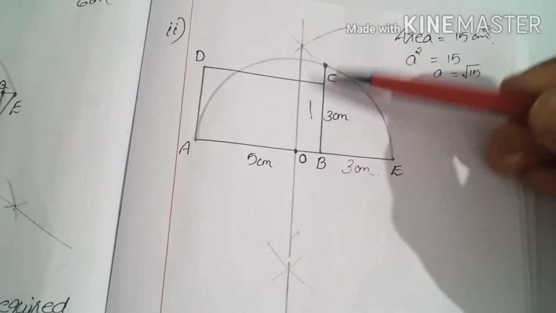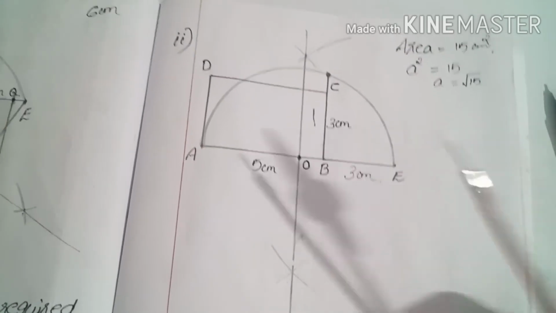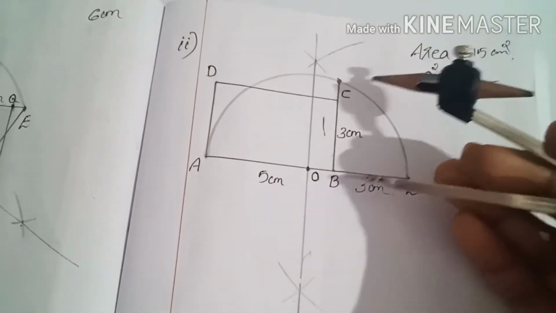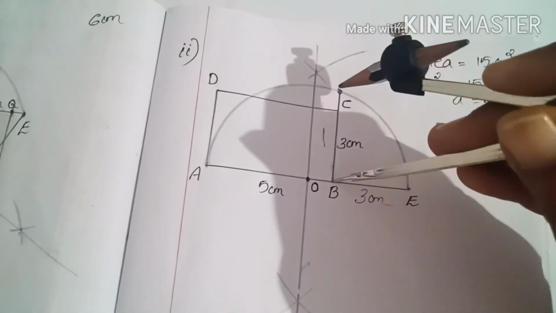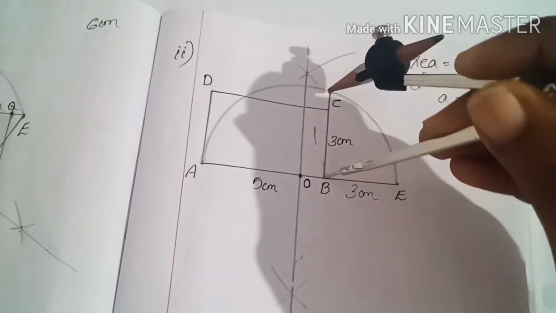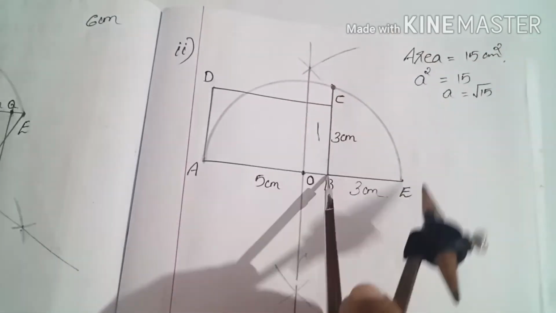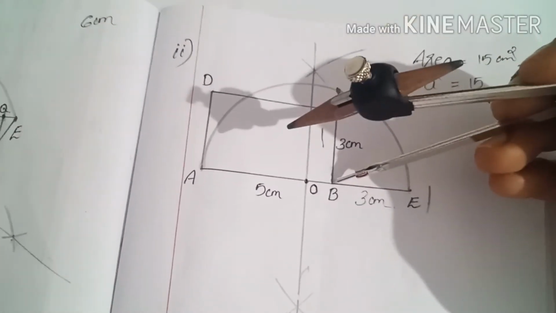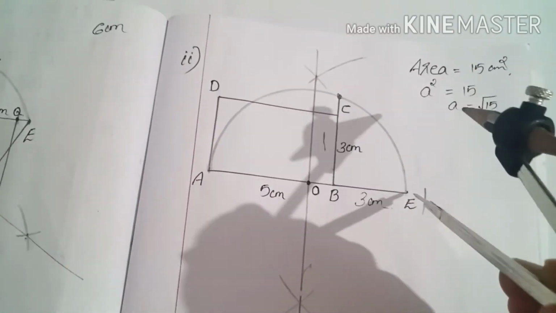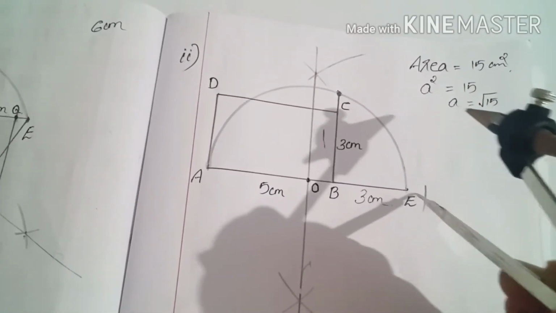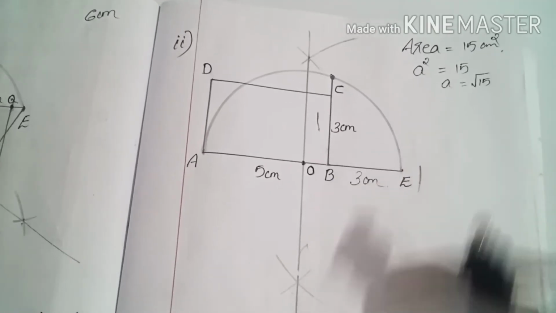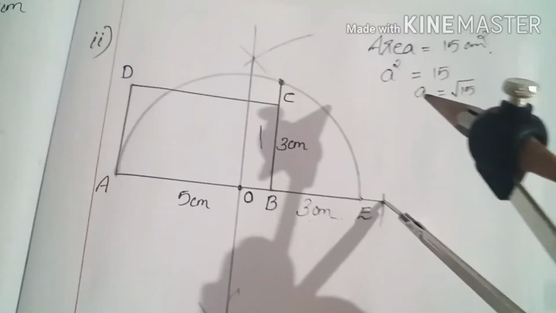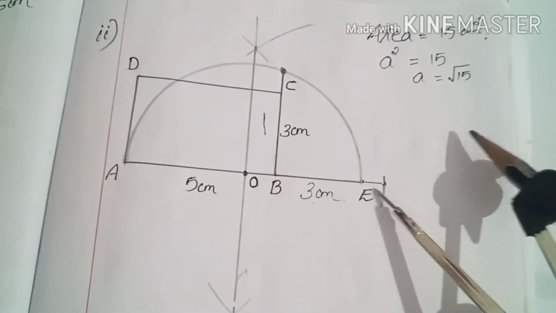By taking this as one side, you can draw a square. You need to use a compass for that. From the point B, measure up to the point C. BC, just measure, draw one arc here, then extend this line. Then only you will get that line, or you can draw in the down portion also, no issue. With the same measurement from this point.